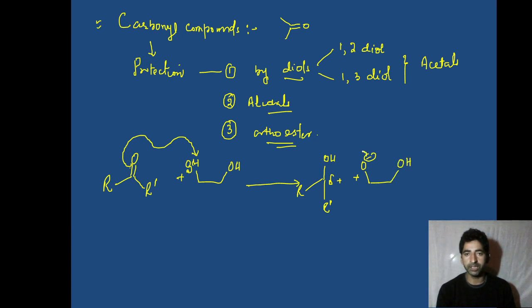Now what will happen? This negatively charged oxygen will act as a nucleophile and will attack on this carbon. So once it attacks this carbon, we have R dash group over here, we have OH group over here, and then the attack of oxygen takes place. This is the attack of oxygen atom. Then we have carbon 1, carbon 2, and then again we have OH. Now what will happen in the next step? In the next step, the lone pair of electrons on this oxygen atom will abstract this proton and this oxygen becomes negatively charged.